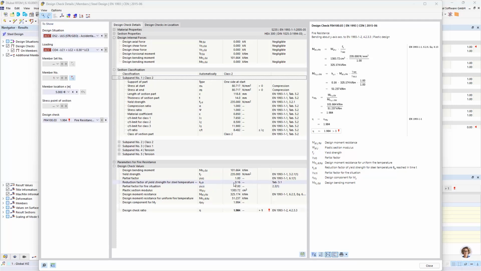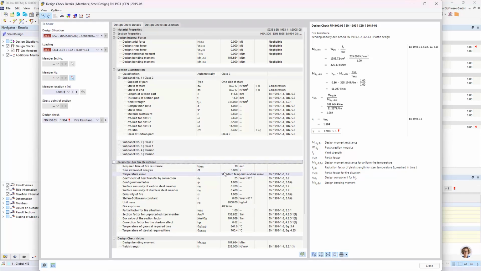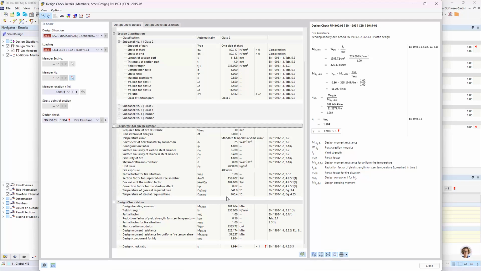This k theta is also given here in the design details as an intermediate value, and it is determined by this reduction curve that I have shown earlier to you, yeah? And it depends only on the temperature of the steel at the design time. This temperature at 30 minutes that we now set as our time for the design, we can also read from